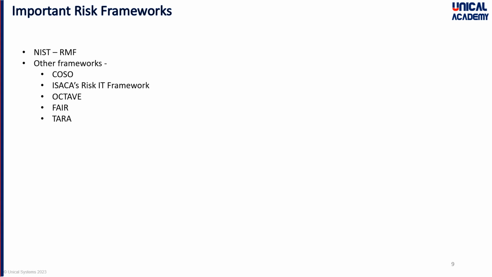There are a couple of risk management frameworks, but as far as CISSP is concerned, the NIST risk management framework with six cycle phases is really important, and you have to thoroughly understand at least the high-level concept of RMF. So risk management framework 800-37 of NIST talks about six activities. The first is preparing to handle the risk. Then